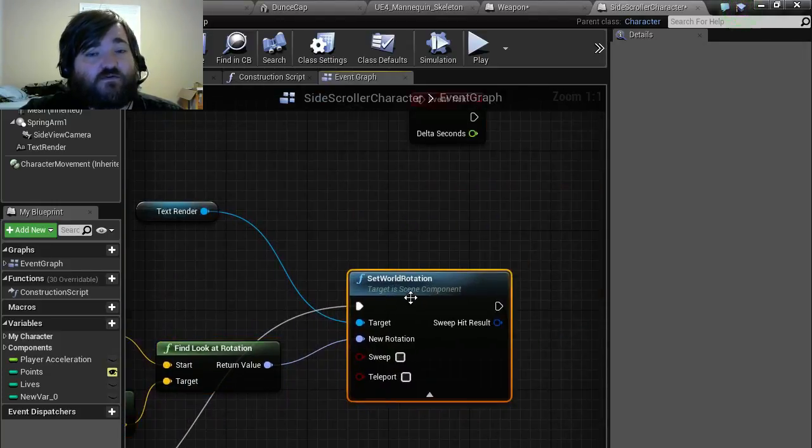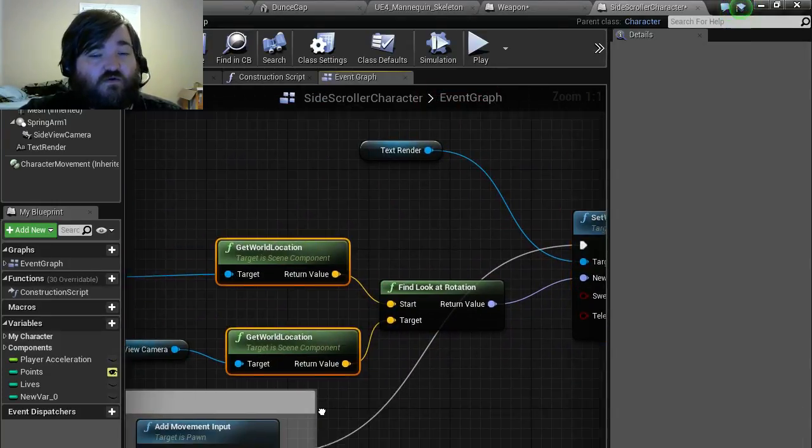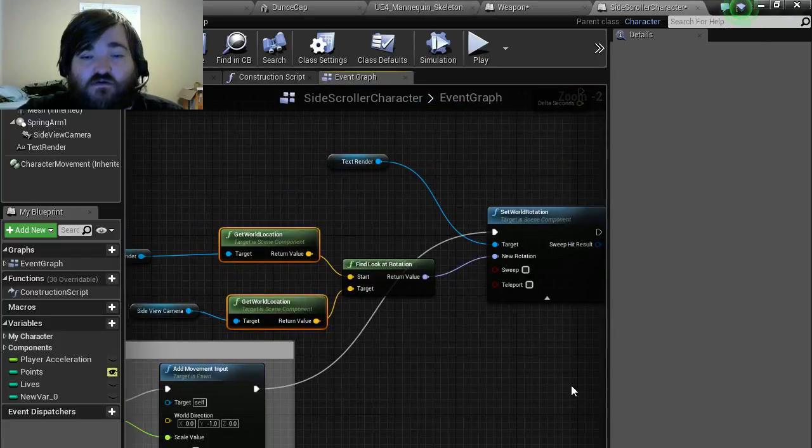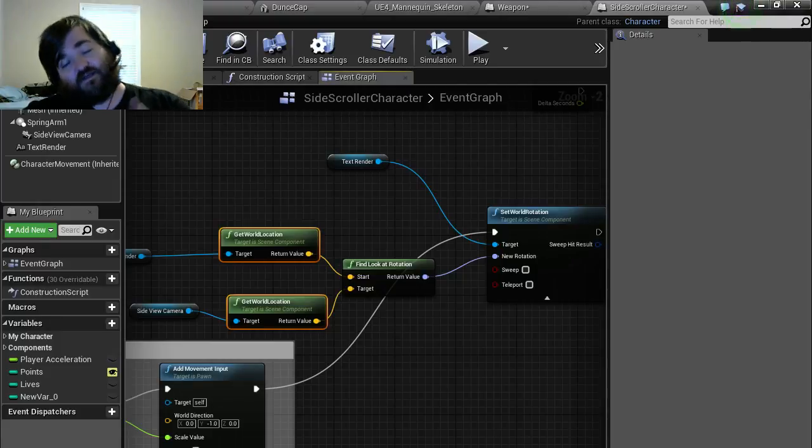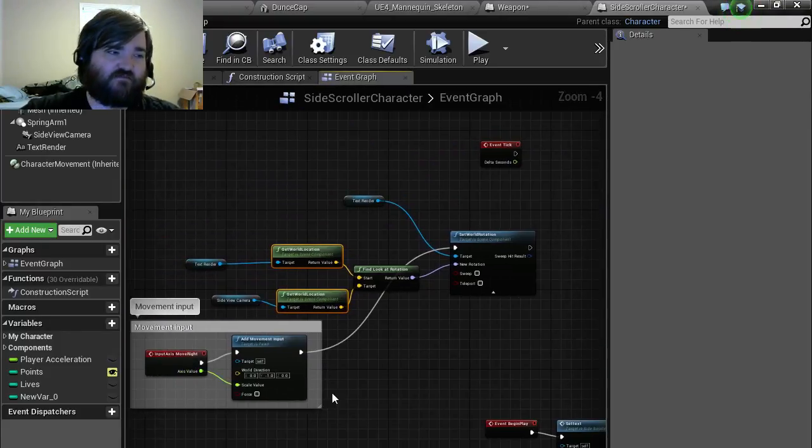Oh, this is world rotation. And it's getting the world rotation. You can spin text and keep it to camera as well, I found out. If you use a widget, you can... Yes. Yeah, and there's also